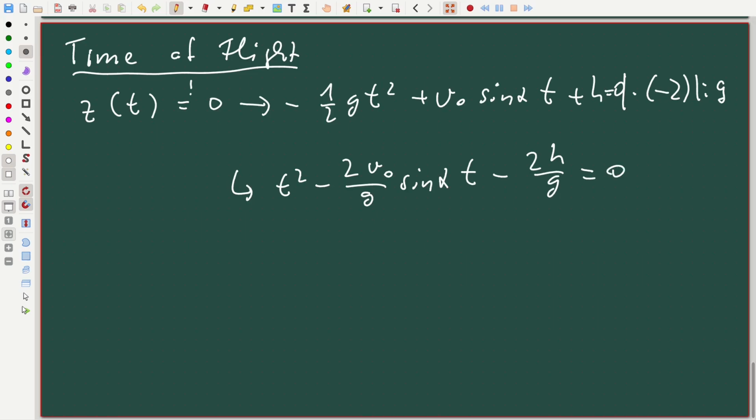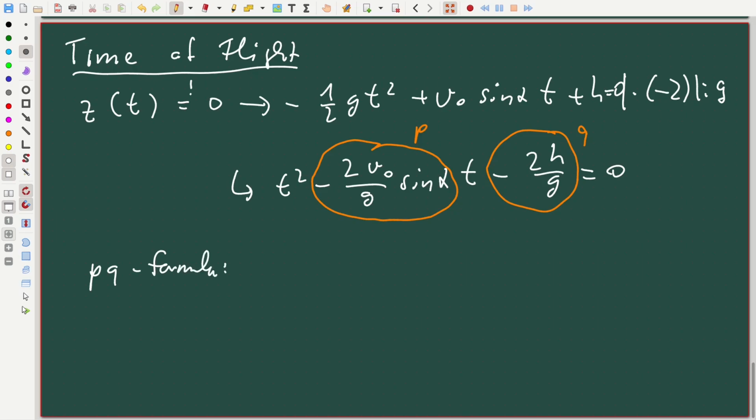And the reason why we have to write it in this form is because we have now a quadratic term t squared and also a linear term with t, so we cannot solve this equation directly for t. We have to use the PQ formula for this. And for this purpose we have to now first define our value p and our value q, and then we use the PQ formula